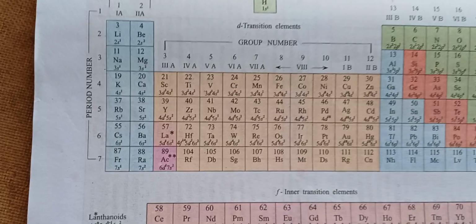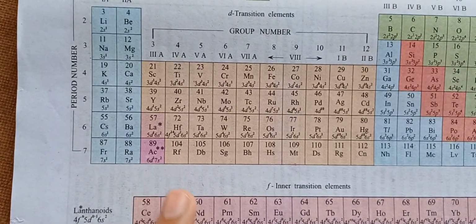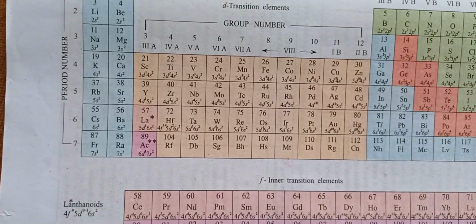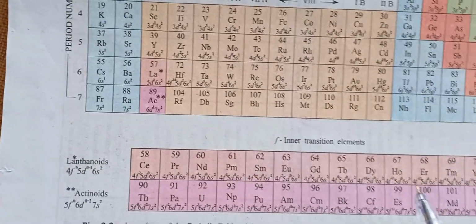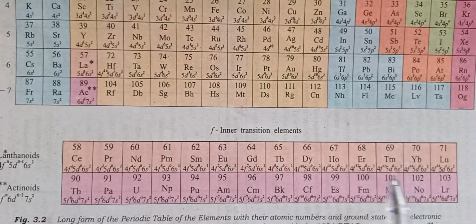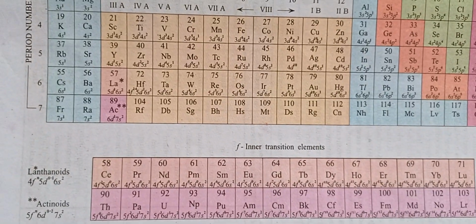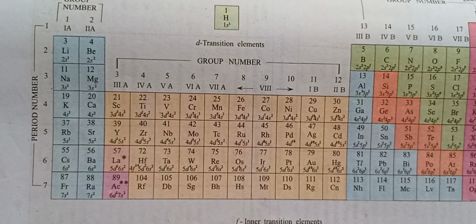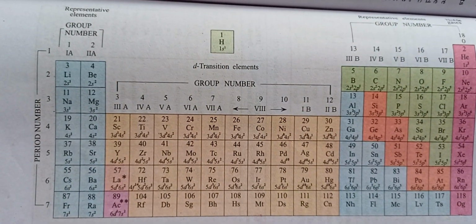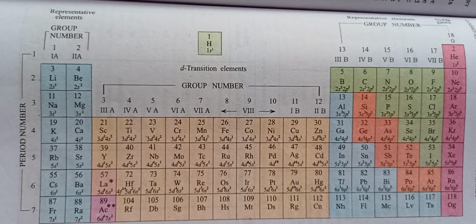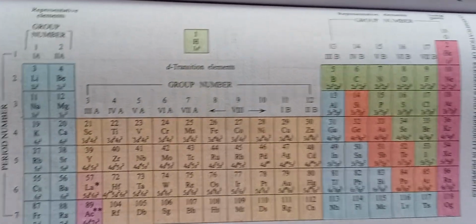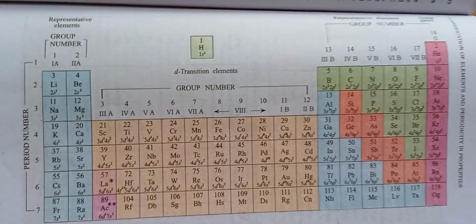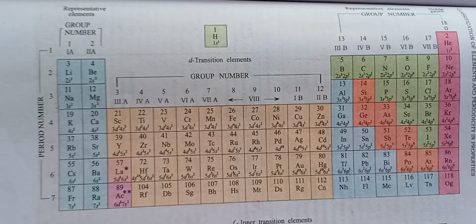NEET exam also, particularly from after lanthanides, that is the 100 to 118 elements, and also these lanthanides and actinides. They will ask the question as they will give one side the atomic number and the element on the other side, and they will ask match the following. Okay, match the elements and atomic number. They'll also ask the question like that. Now, as you know, 7 periods, 18 groups are there, and if you know the periodic table,